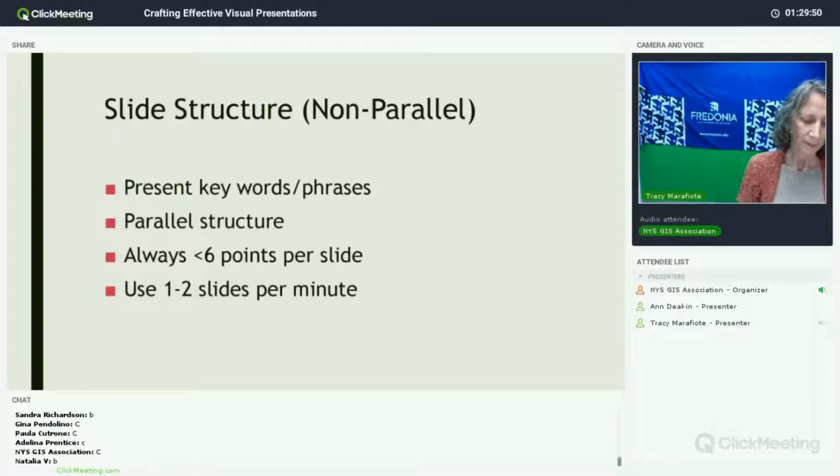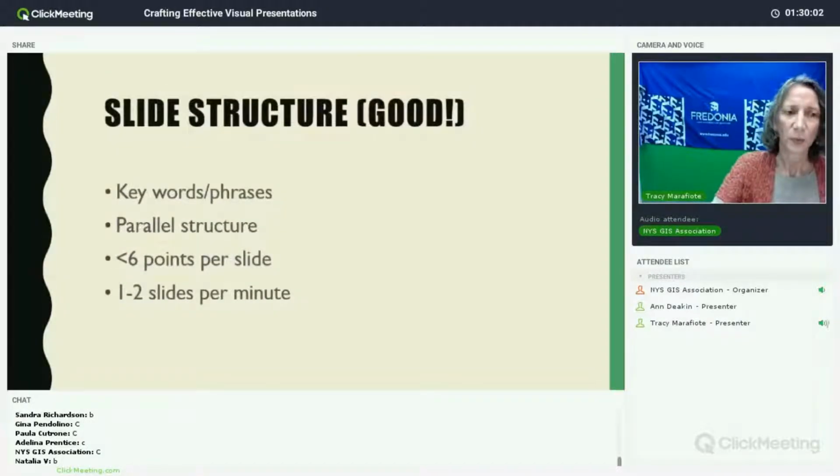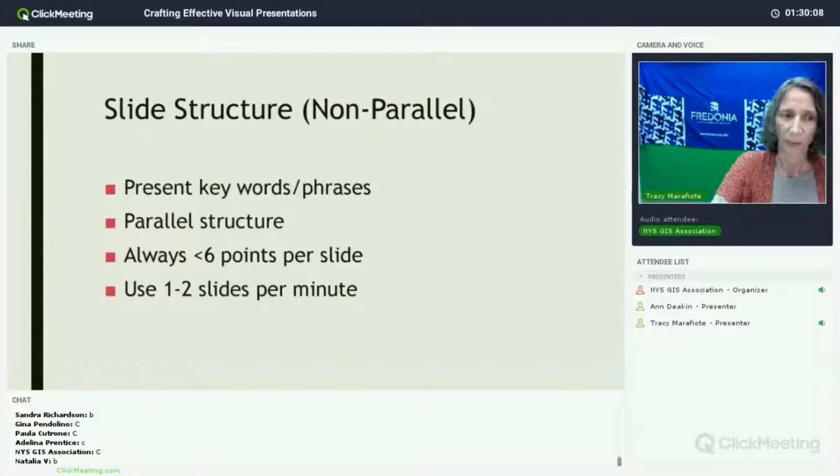What's happening here is that we're combining descriptive and action phrases, like present keywords and phrases with a description, in a parallel structure, telling you to always do something and telling you to use something. So if we go back and look at this previous one, we can see that these are presented with a parallel structure, the same format for each one of the bullet points.